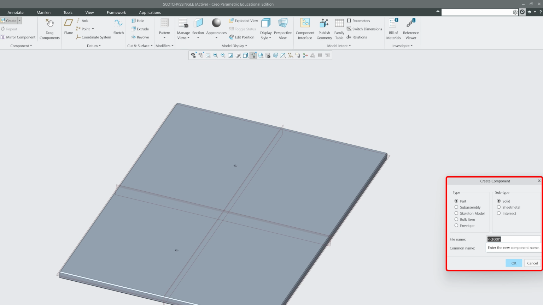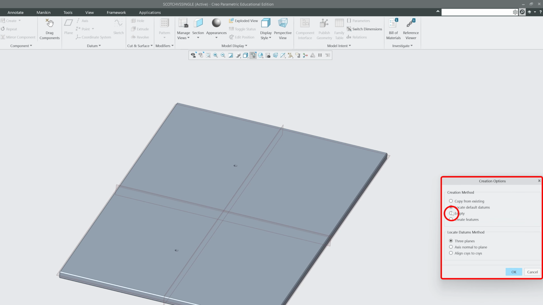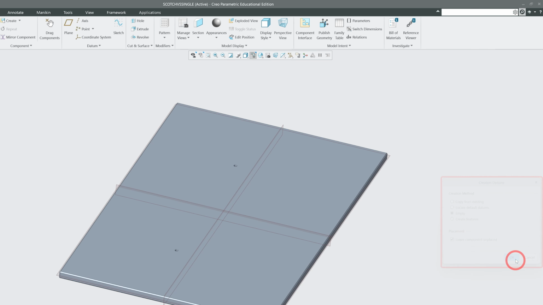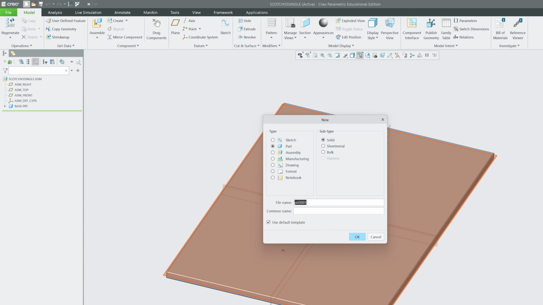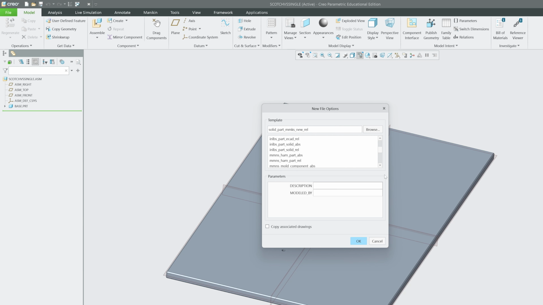I'm gonna say this as stripper bolt. Let's click OK. All right, so let's add another part. I'm gonna click new, and I'm gonna say stripper bolt. All right, and of course I need to choose millimeter Newton second part solid with absolute accuracy,